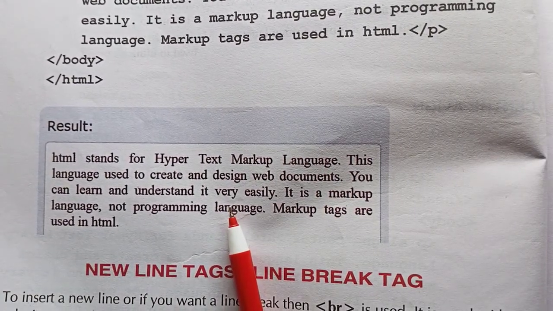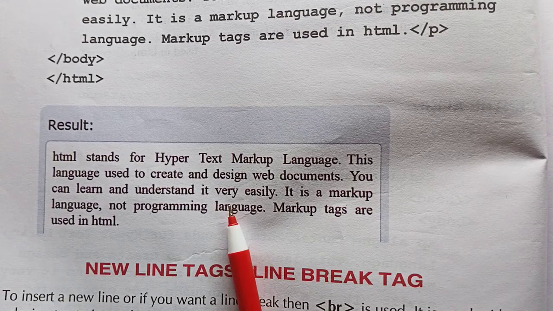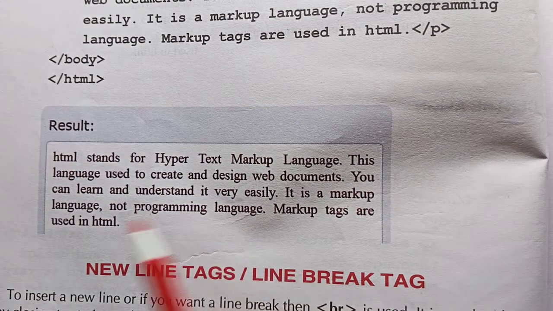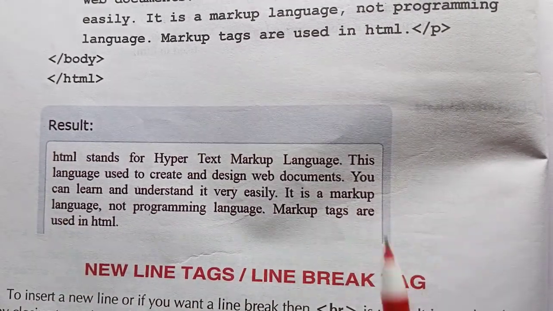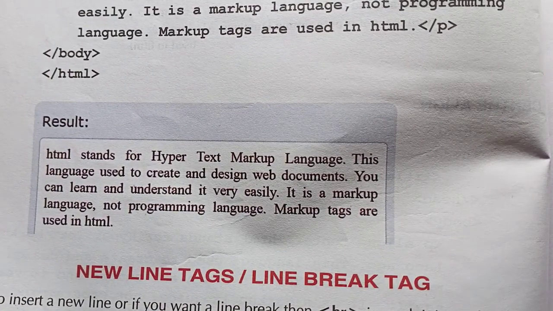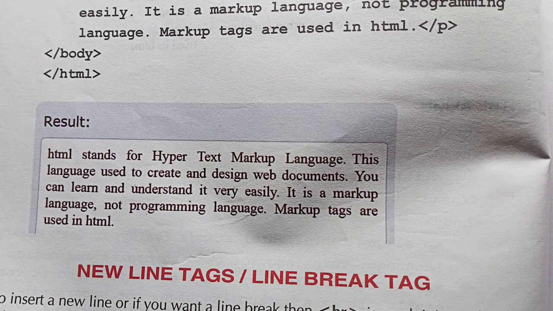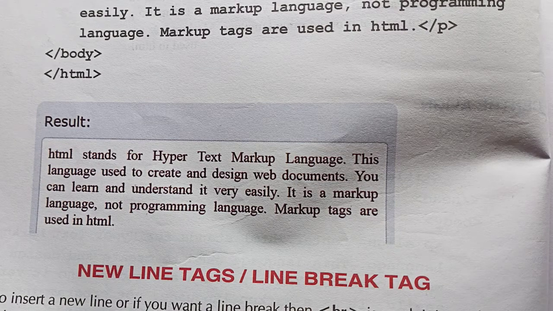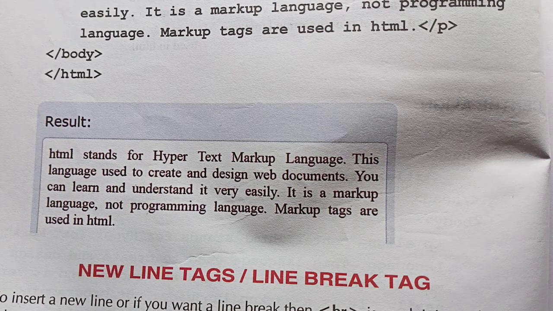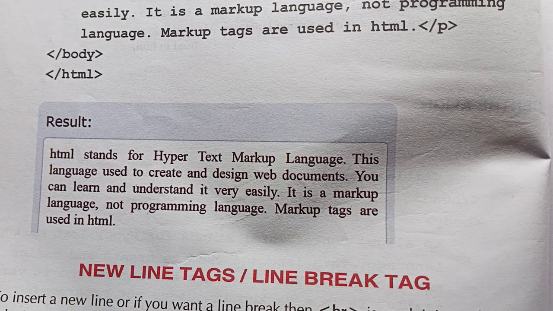The justified alignment tries to position the paragraph equally onto the left as well as onto the right hand side. So these are the 4 alignments, and remember that to do all these 4 alignments nothing different is to be done. Always P align is to be used, and with the P align we are going to give left, right, center or justified, and after that we are going to write the paragraph, and that way the alignment of your paragraph will get changed.